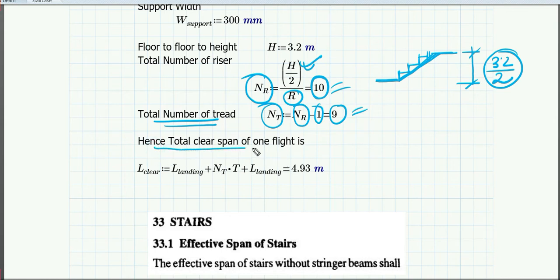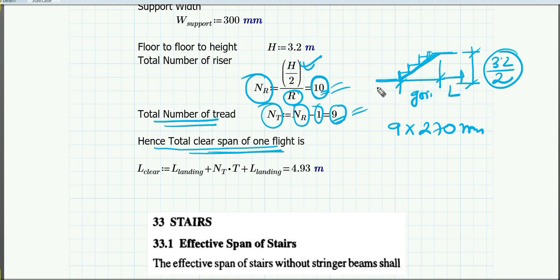So here, now you need to find out what is the total span. If you see, the number of risers is 10 and the number of treads is 9, right? So each tread is how much? It is 270 mm. So the total going, suppose this is called going,